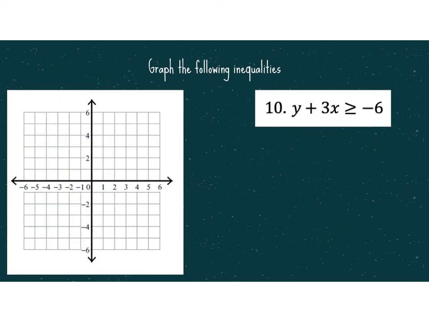Number 10, I have y plus 3x is greater than or equal to -6. So I'm trying to get y by itself. I'm going to subtract the 3x, and I end up with y is greater than or equal to -3x minus 6. So my inequality symbol is greater than or equal to